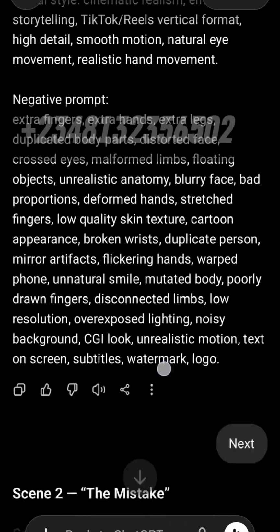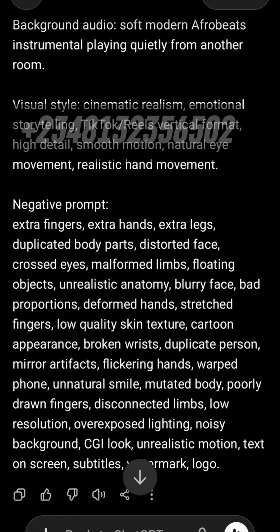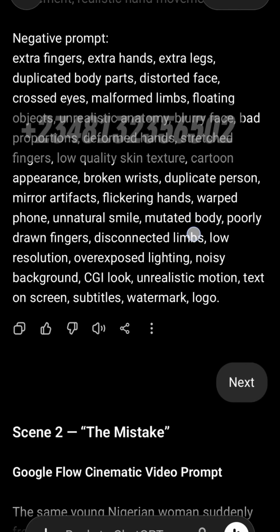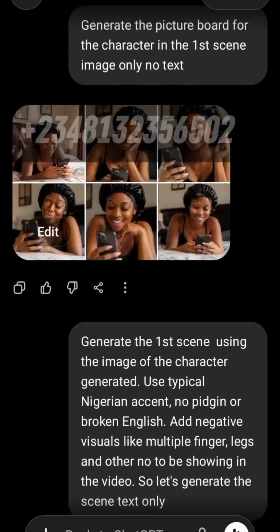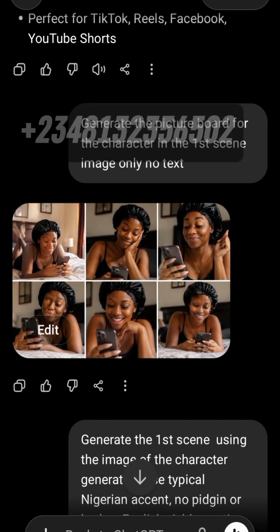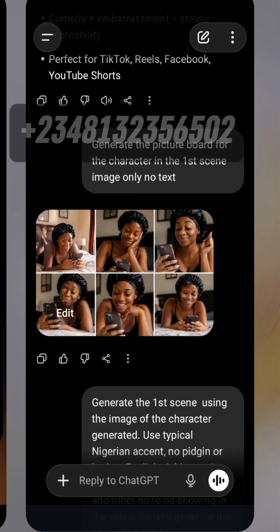So now I added a negative prompt so that you won't see extra fingers, extra hands. I don't want all that. So that's why I have to put a negative prompt, so that you won't have the issue of regenerating your videos all over again. So this is what I have. I'm going to copy this. I've copied it now, and I've downloaded this image. I've saved it already. So I'll now go back to my application,